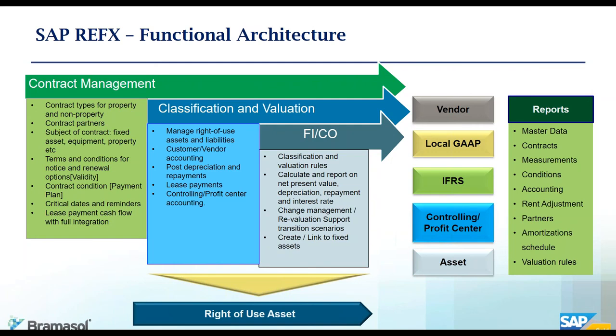IFRS regulations for all multinational companies. You have to comply with the new IFRS regulations there, IFRS 16. Controlling and profit center reporting requirements. Those are some of the functions that are built in the solution, as well as how you can identify the asset that has to be amortized or that has to be put on a lease. Those are part of the solution. As part of the standard out-of-the-box functionality, it has a lot of new standard reporting requirements, the disclosure report requirement, and those are part of the standard solution.